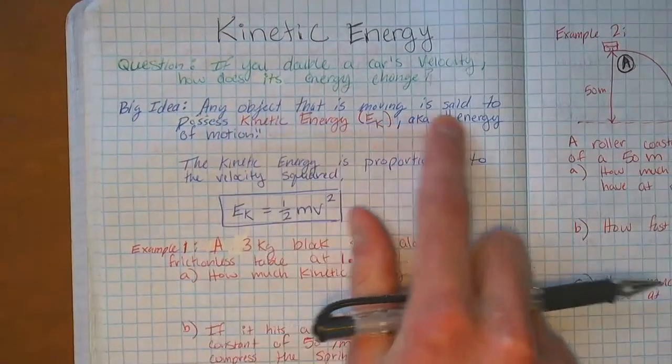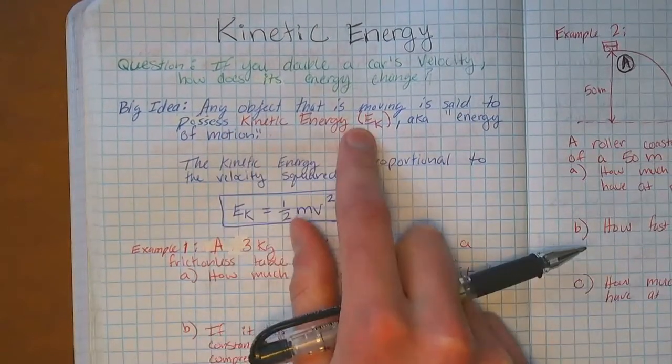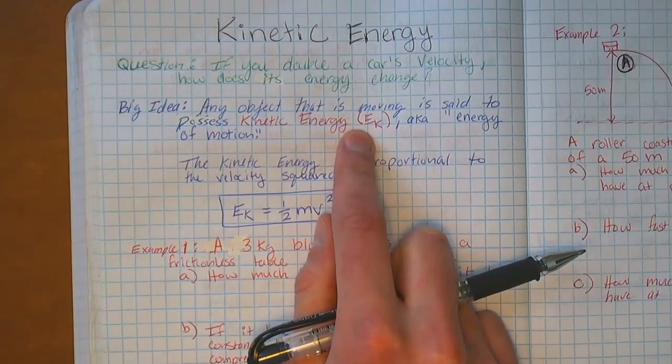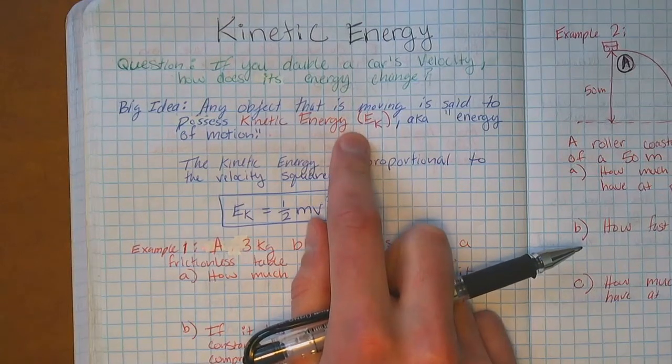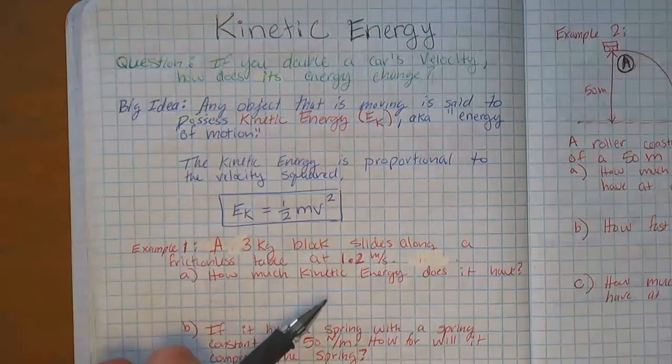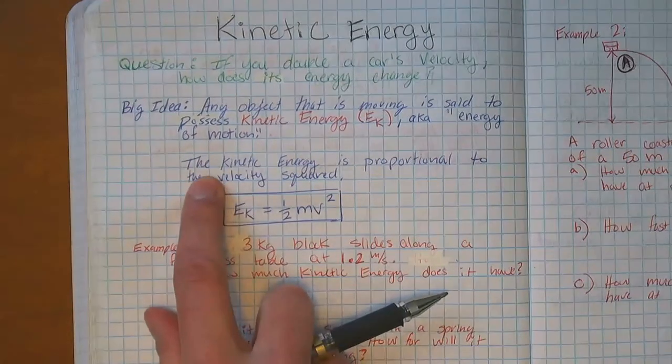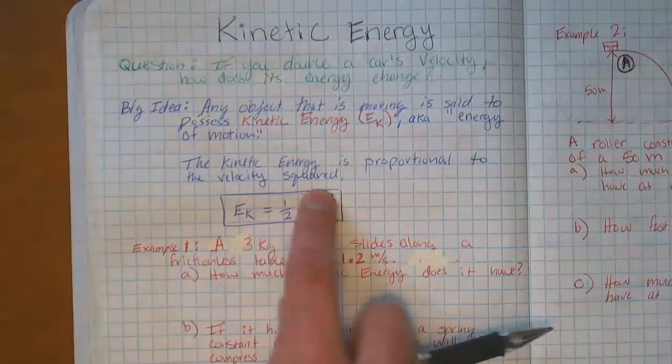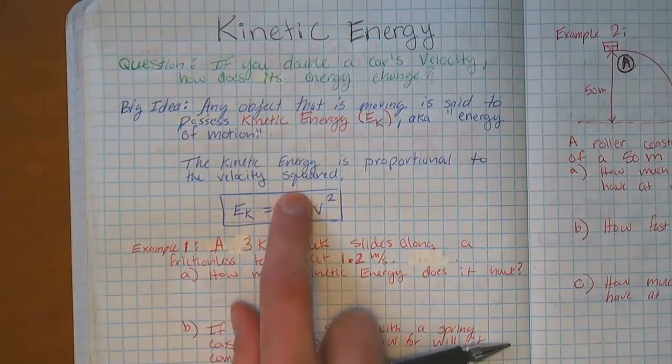Any object that's moving is said to possess kinetic energy. We kind of already knew that, right? That kinetic energy is the energy of motion. So the kinetic energy is proportional to the velocity squared. So basically what that means is